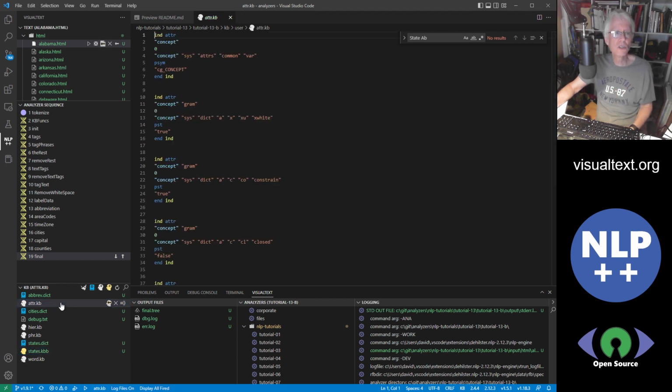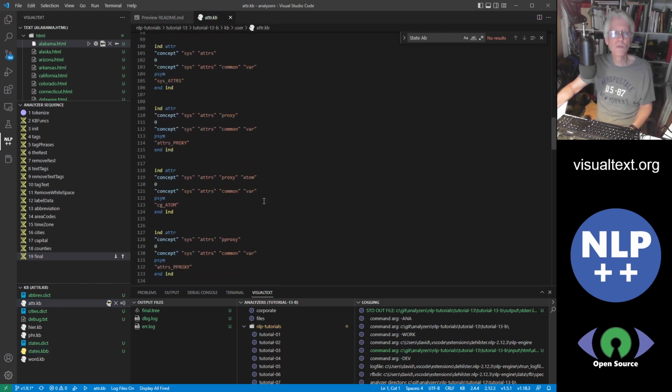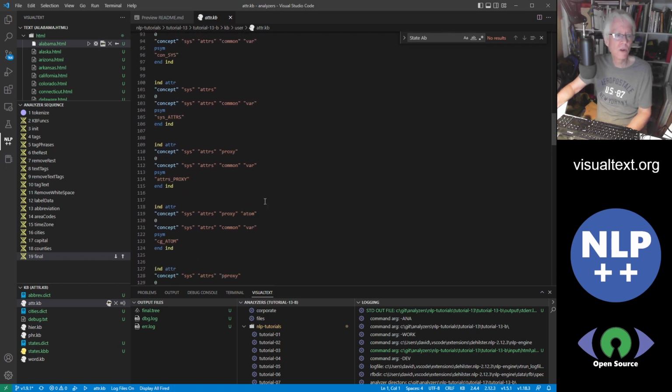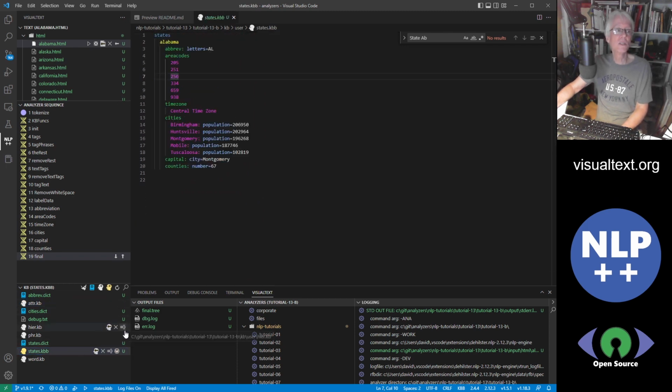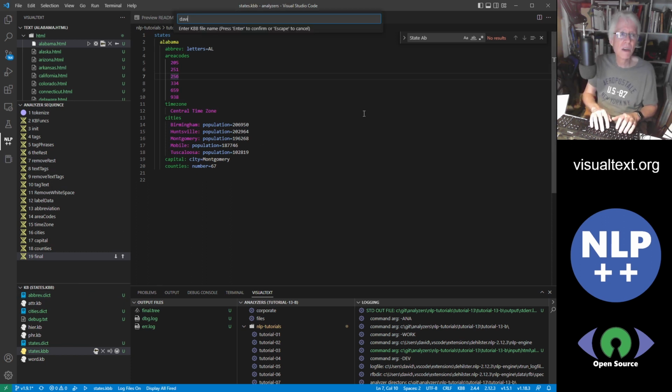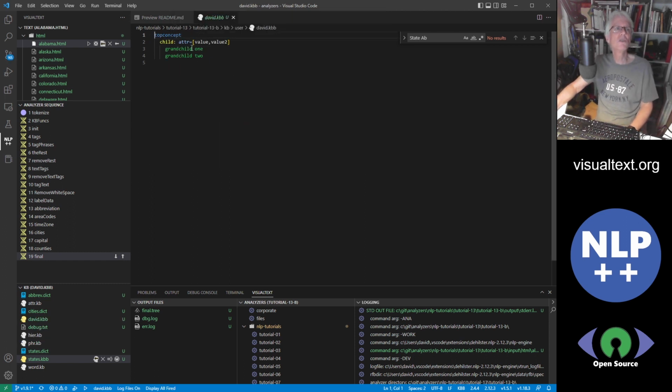This is the way it used to be. This is the way the knowledge base looked before. It was impossible for us to visualize, and this is the way it is now. If I want to create a knowledge base, a KBB file, I can just click on this, and we're going to call it David's KBB, and you can just say the name KBB, and there it is. It gives you something there, and I can make whatever I want. If I want to make a parking lot, and under a parking lot I have spaces, and I have type,